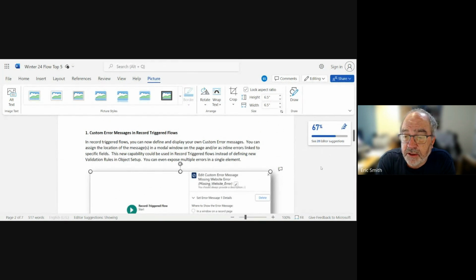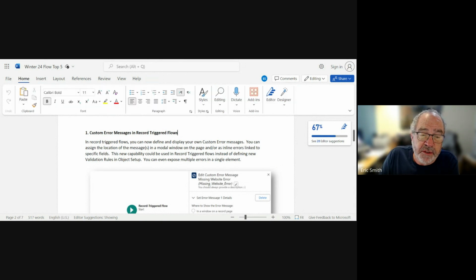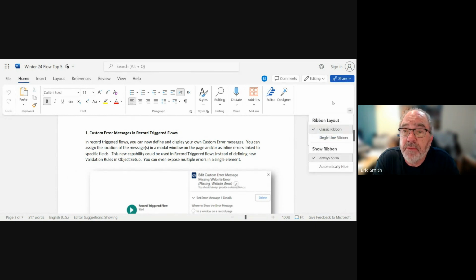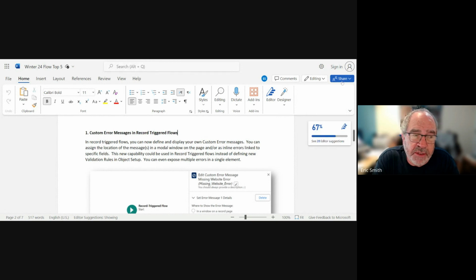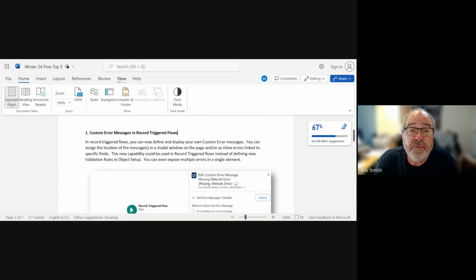So I think this is going to make it much easier for folks to create trigger flows that are going to be better able to handle certain use cases or other things where there may or could possibly be a problem with whether it's bad data, missing fields, that type of thing, being able to surface that type of error message. If you go to the next page,